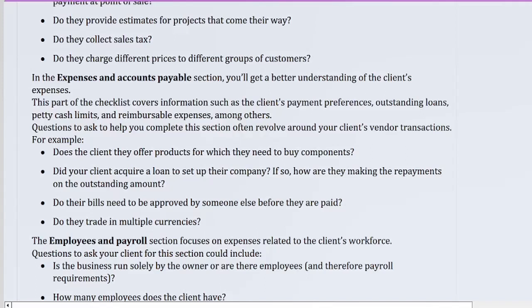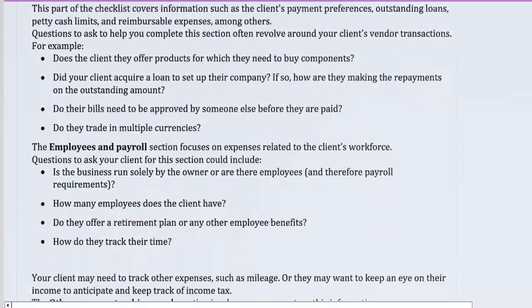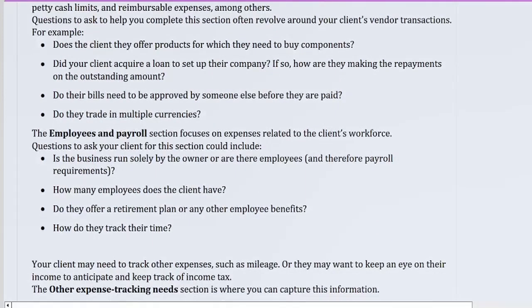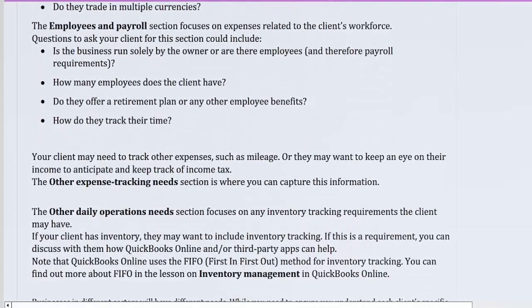Do their bills need to be approved by someone else before they are paid? Do they trade in multiple currencies? The Employees and Payroll section focuses on expenses related to the client's workforce. Questions to ask your client for this section could include: